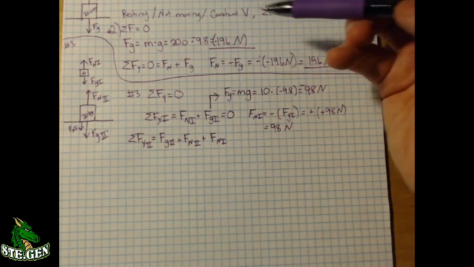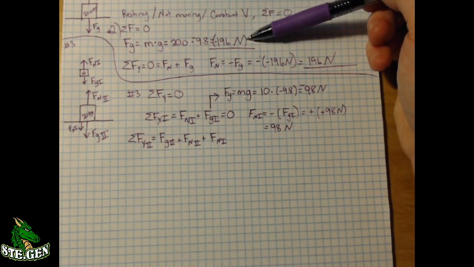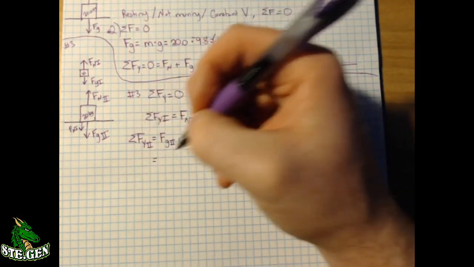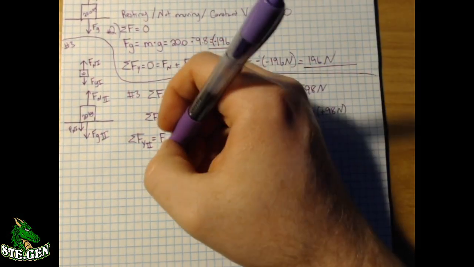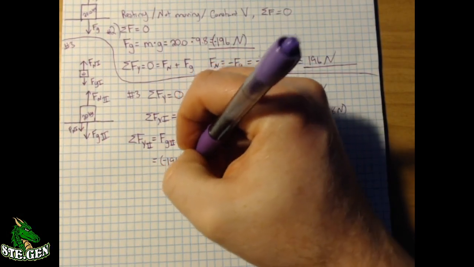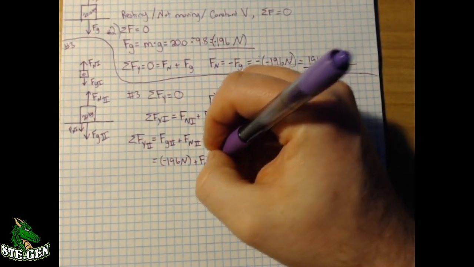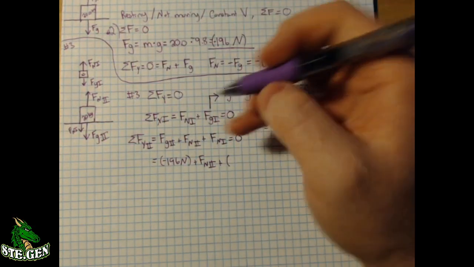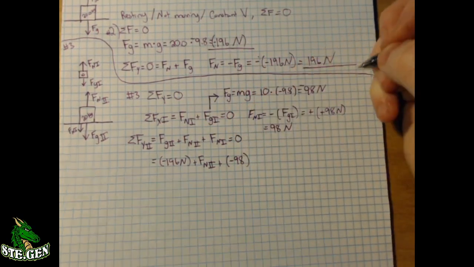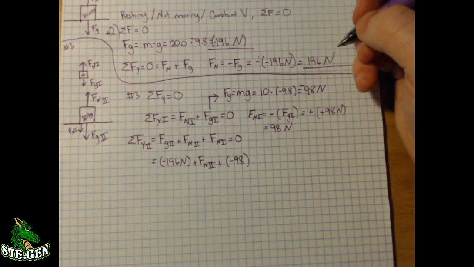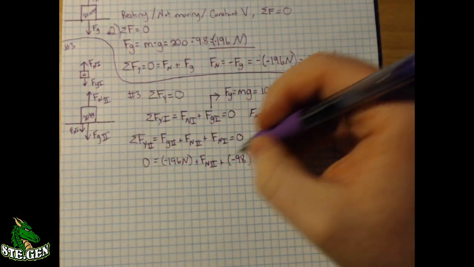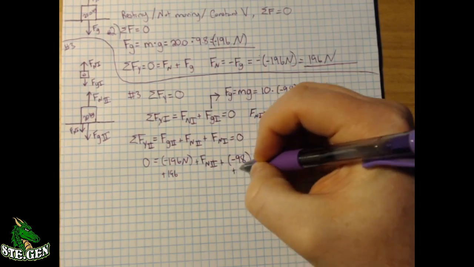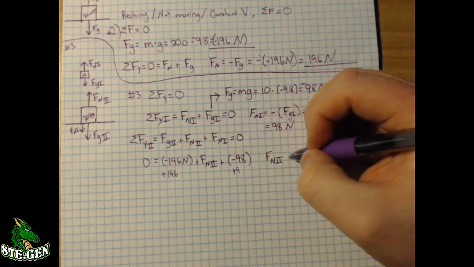So force of gravity, we already have. We solved for it up here. Force of gravity is going to be 196 newtons. We also know that all of this is going to be equal to 0. So we're going to get equals, force of gravity up here is negative 196 newtons plus whatever the normal force is, plus, and this is going to be another negative because now it's the opposite direction as it was earlier, so now it's going to be negative 98. So this all equals 0. So I'm going to move that over here. So if I add 196 and if I add 98, I'll get the normal force 2 is equal to